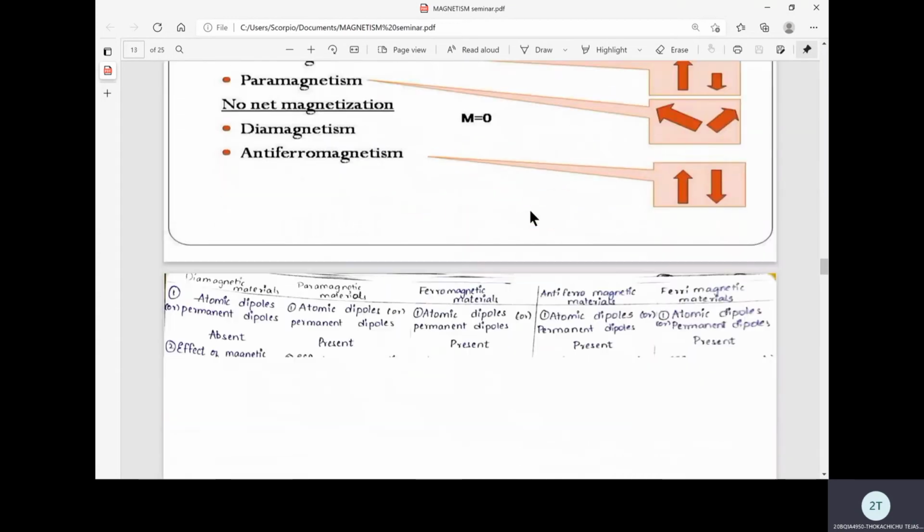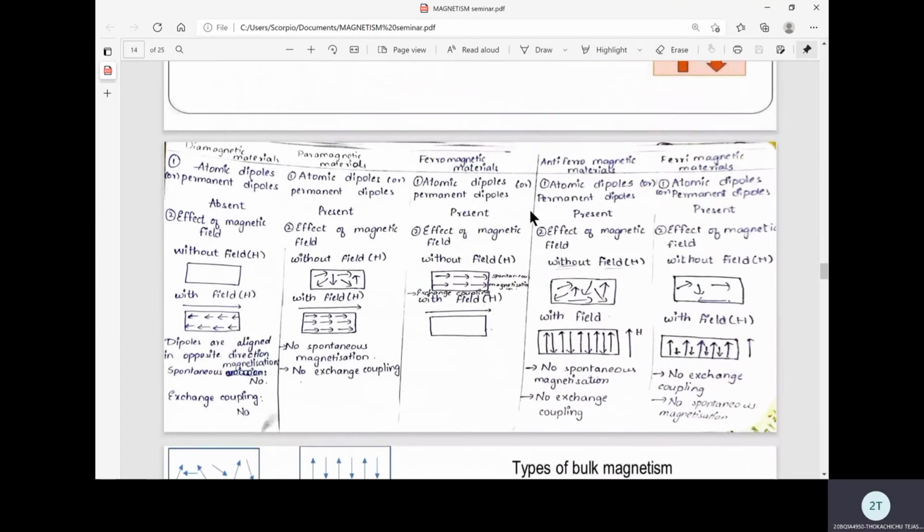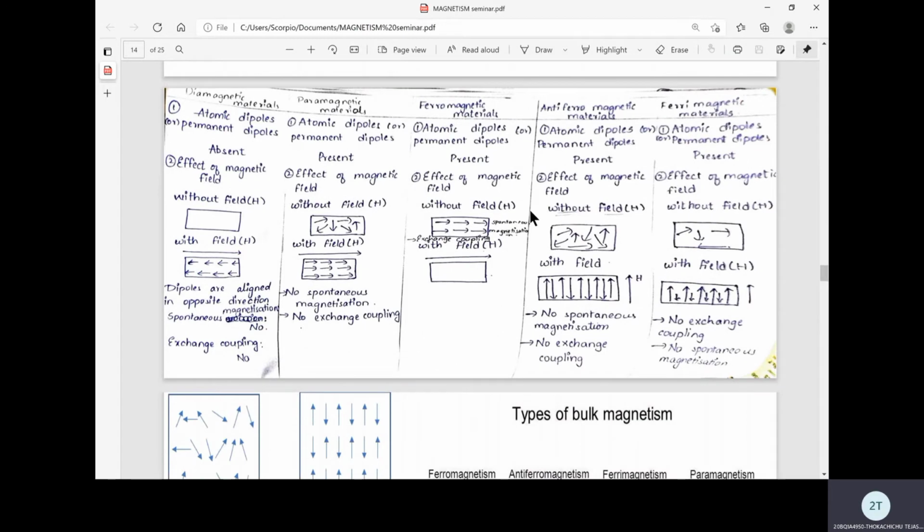So, nothing but the atomic dipoles. As we can see, in diamagnetic materials, there are no dipoles present at all before magnetization, but in all other types of magnetic materials, these dipoles are present, and this is clearly the representation of these magnetic dipoles. But after magnetization, even in diamagnetic materials, they gain dipole moments, even though they are not present before